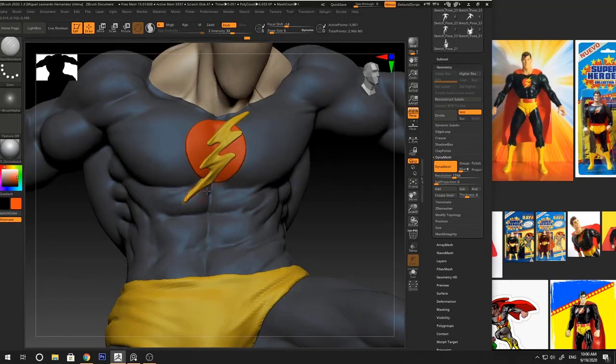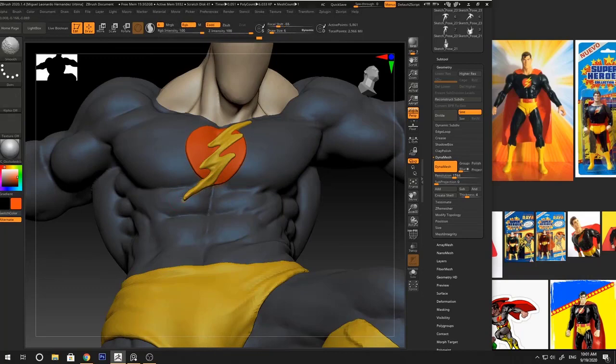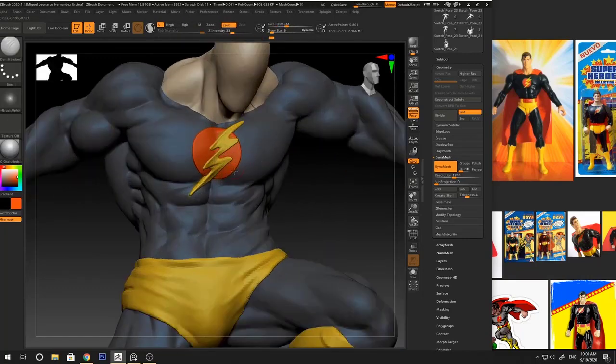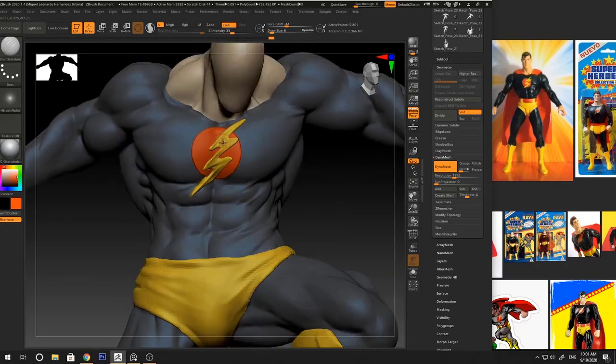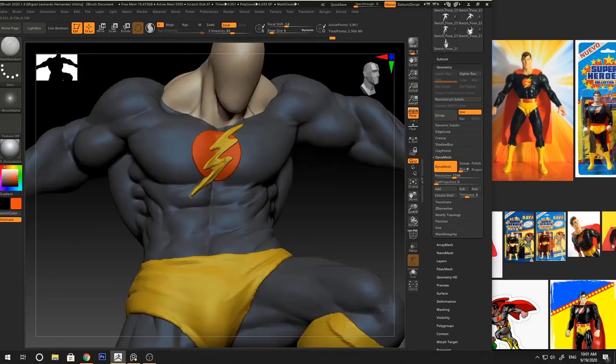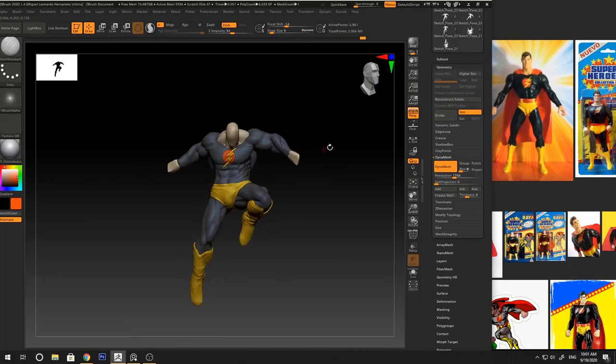It's interesting. I will see what I can do with this symbol. You can get a really nice design from there. Well,